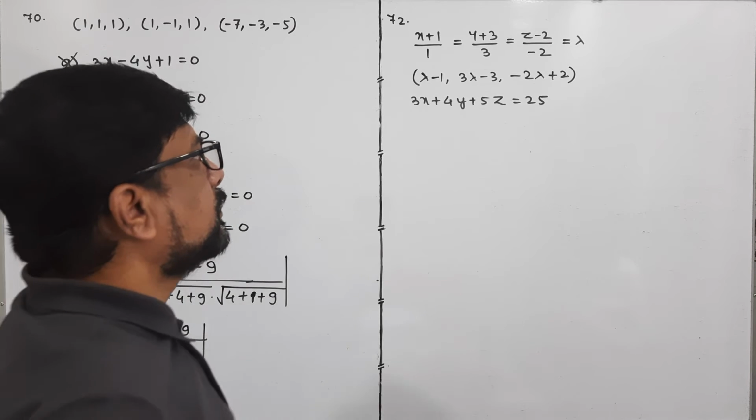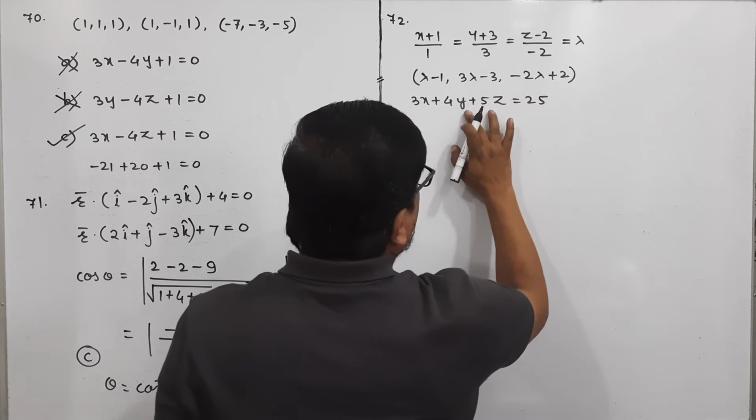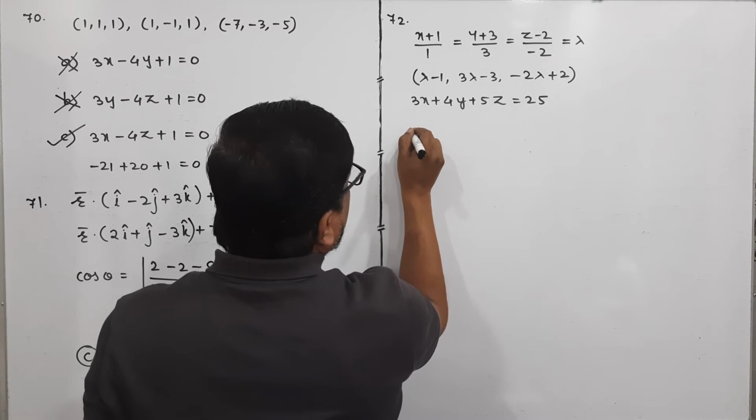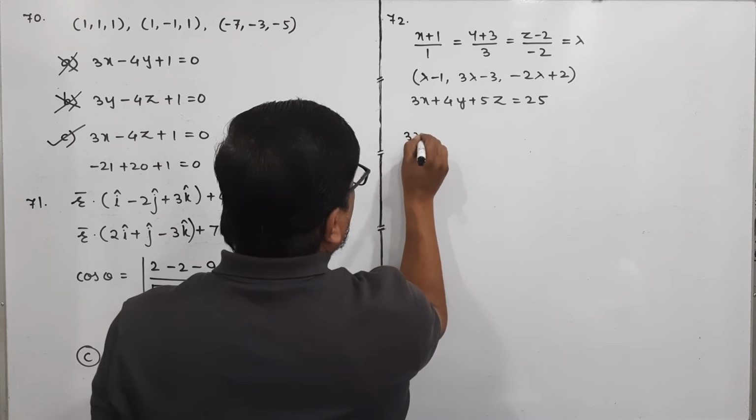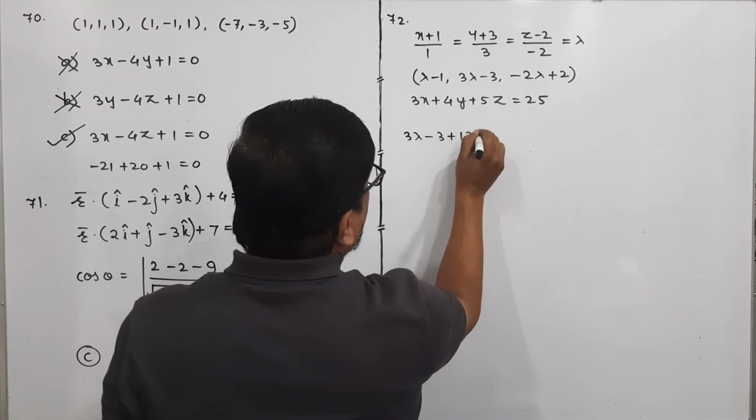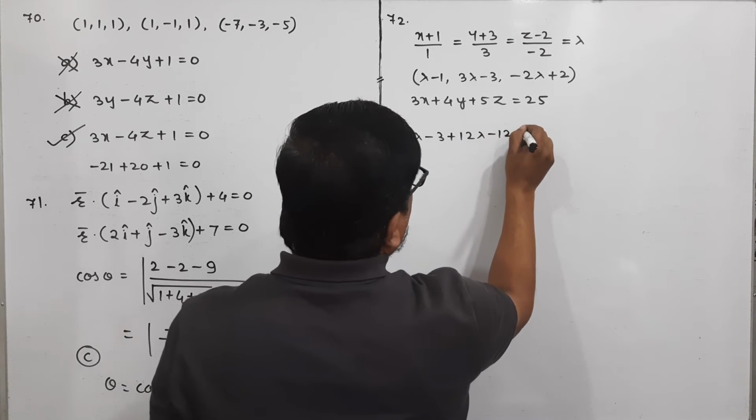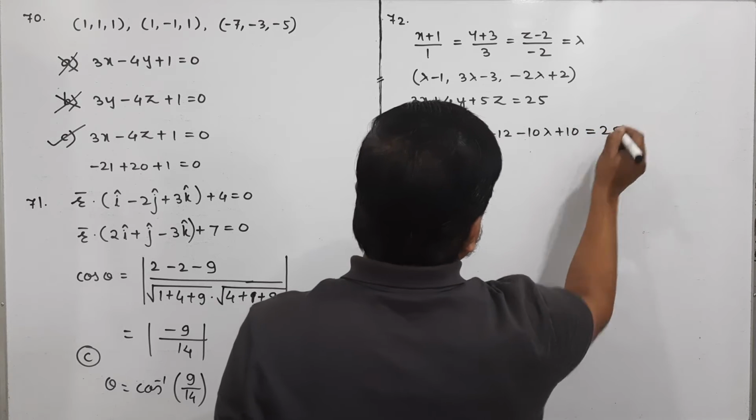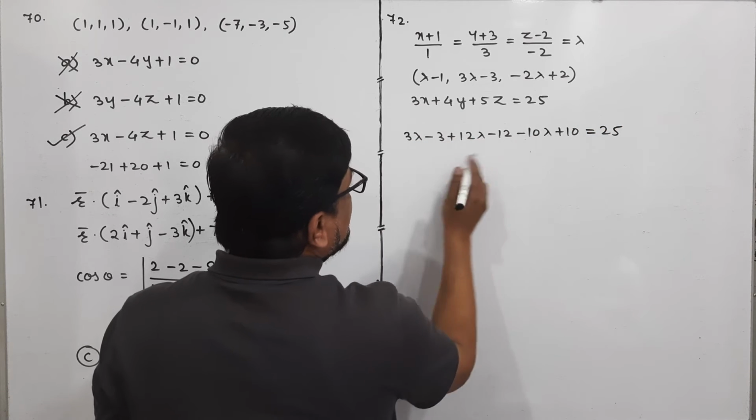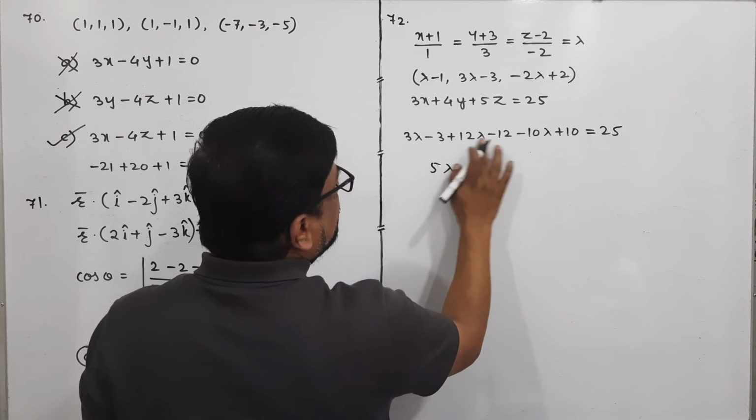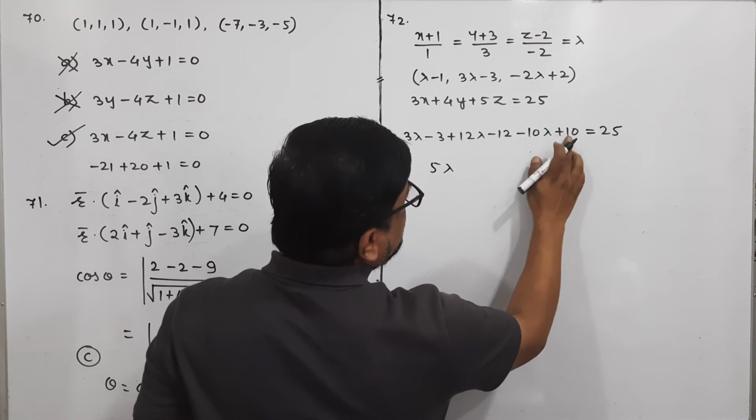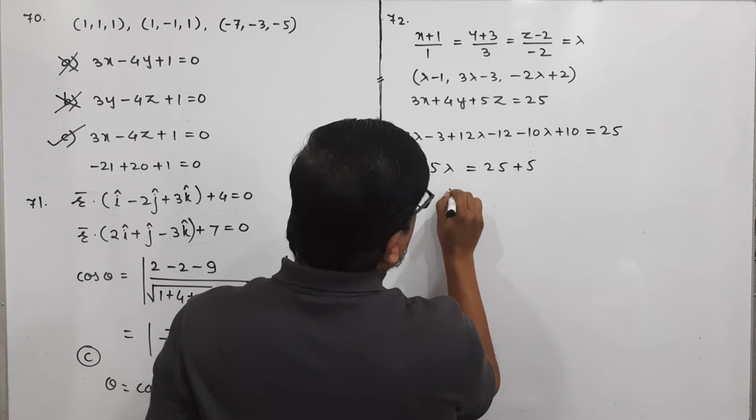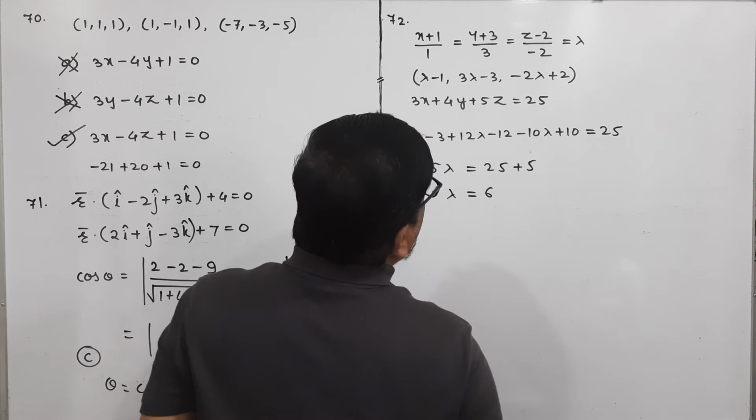ठीक है, नाउ इट्स मस्ट सेटिस्फाई, इफ दिस पॉइंट lie on this line, it must satisfy this equation, यानी 3 into x, 3 lambda minus 3 plus 12 lambda minus 12 minus 10 lambda plus 10 is equal to 25। ये 15 lambda minus 10 lambda is 5 lambda, ये minus 15 plus 10 is minus 5, उधर जाने के बाद plus 5 यानी 25 plus 5 यानी lambda is nothing but equal to 6।